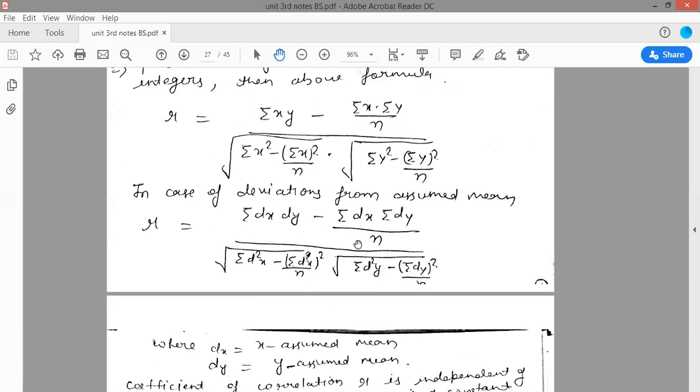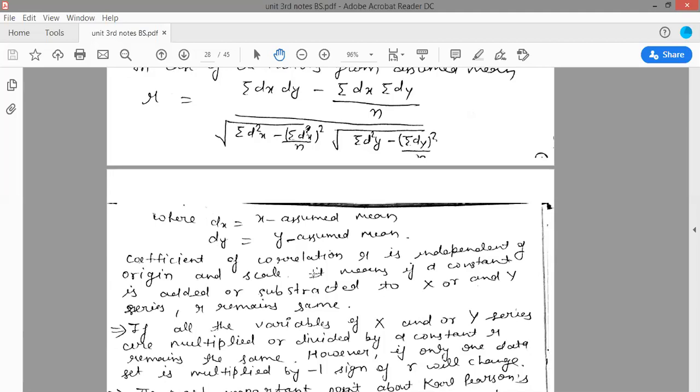And in case of deviation, suppose deviation is given, deviation means d is equal to x minus a, or d is equal to x minus x bar. If deviation is given, so r is equal to summation dx dy minus summation dx summation dy upon n, whole upon square root of summation d square x minus summation dx whole square upon n, into square root of summation d square y minus summation dy whole square upon n, where dx is equal to x minus assumed mean, dy is equal to y minus assumed mean, and coefficient of correlation r is independent of origin and